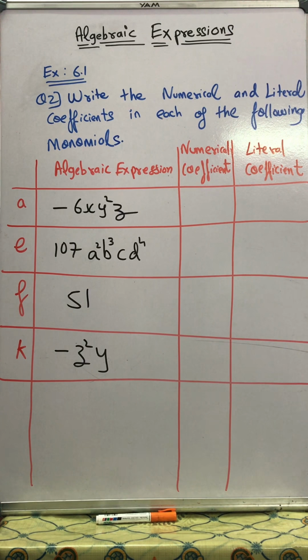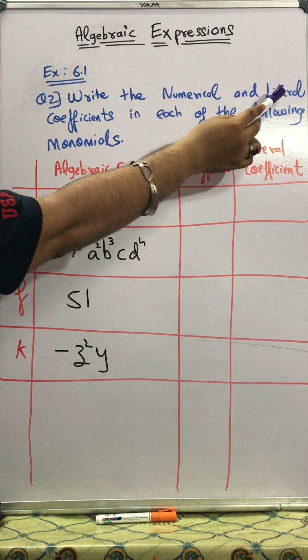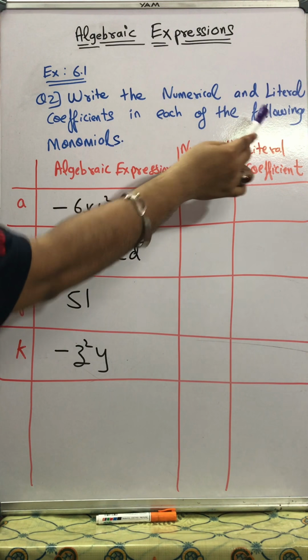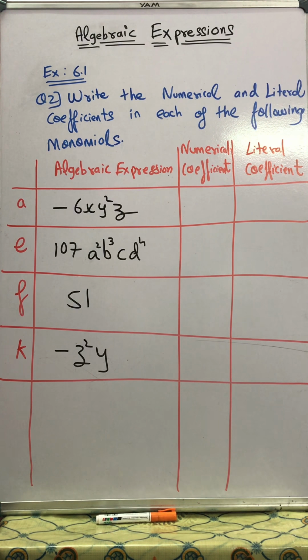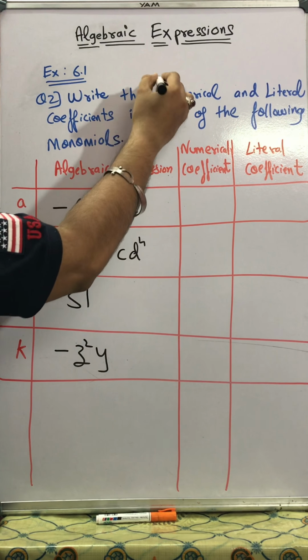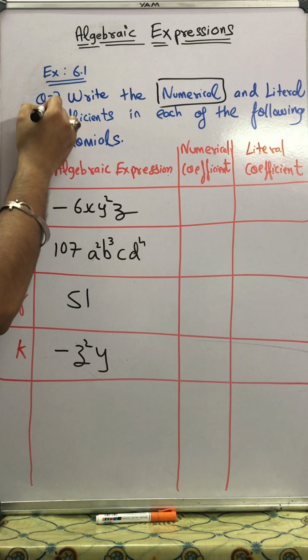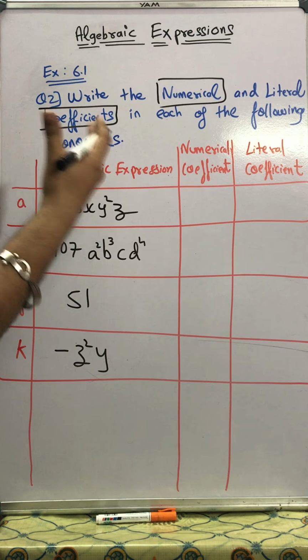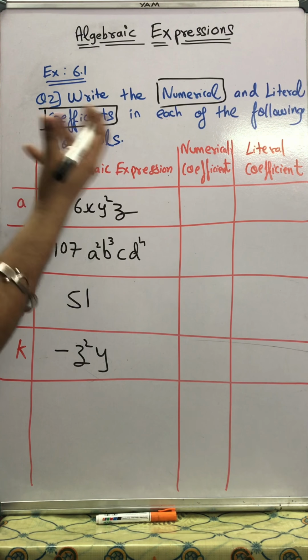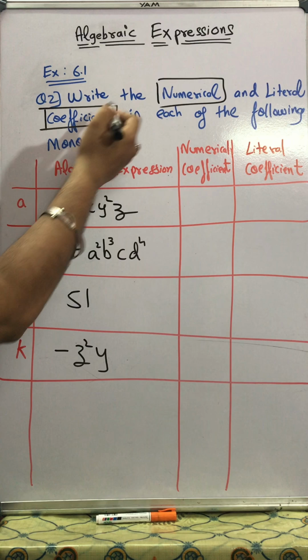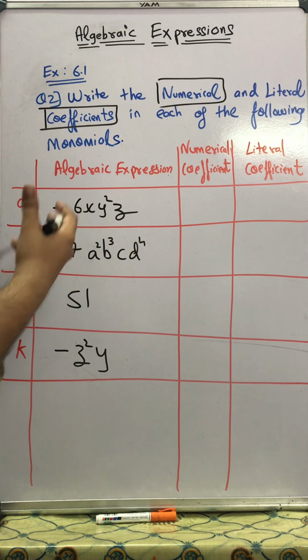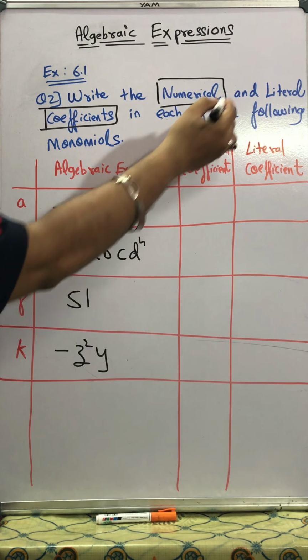Now students, on the board, exercise 6.1, question number 2. Write the numerical and literal coefficients in each of the following monomials. Understand please, it's given here to write the numerical, meaning the number, numerical coefficients. I explained to you, coefficients means friends, the supporters associated with friends. We have to write out the numerical friends and the literal